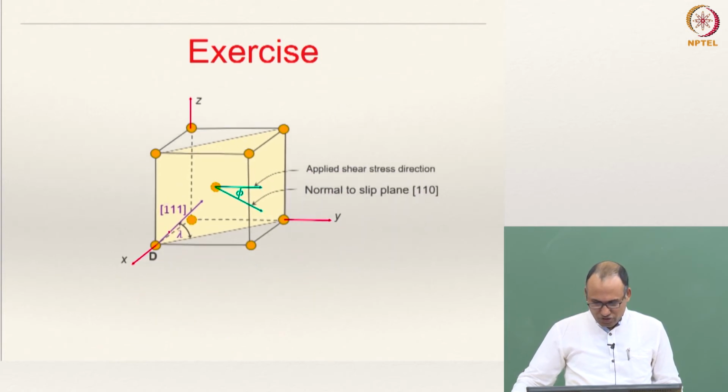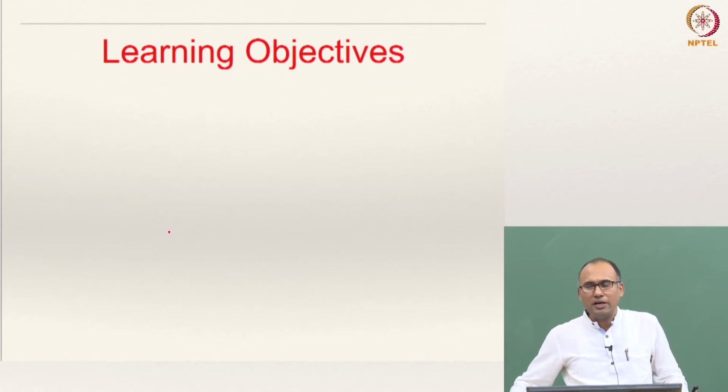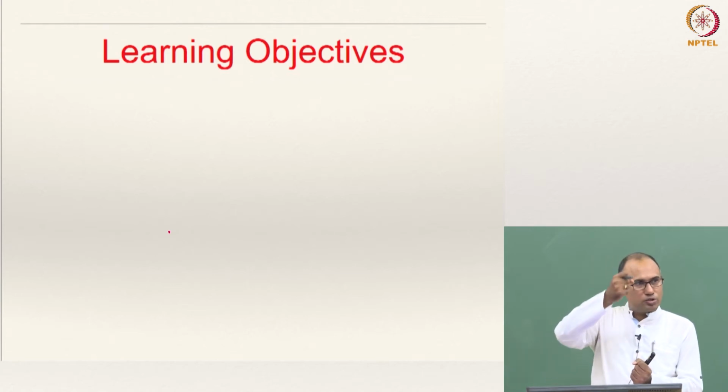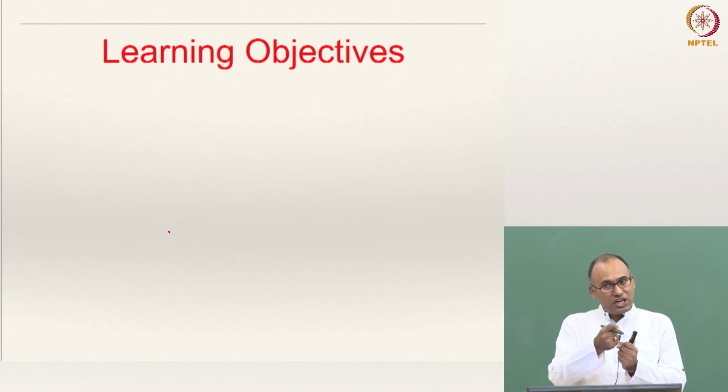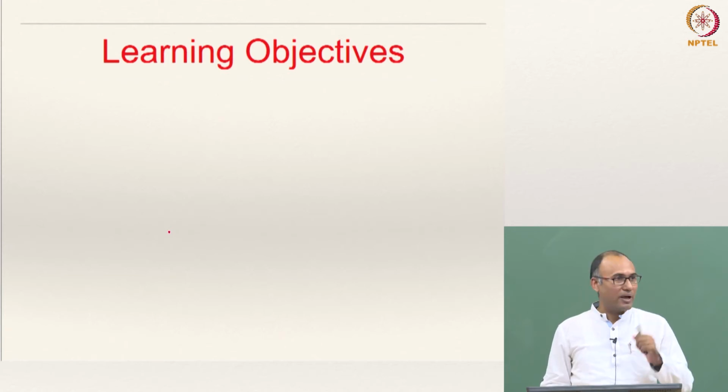So, this is something that we have seen yesterday, this problem, we have solved it. Okay. So, now having understood the concept of resolved shear stress and how one would impart slip, or in other words plastic deformation, in a single crystal material by increasing the load or by playing with the geometry. That means you do not have to only increase the magnitude of the load; by changing the direction of the load, your phi and lambda are going to get varied, and that is how you can also impart slip with the same magnitude, right.